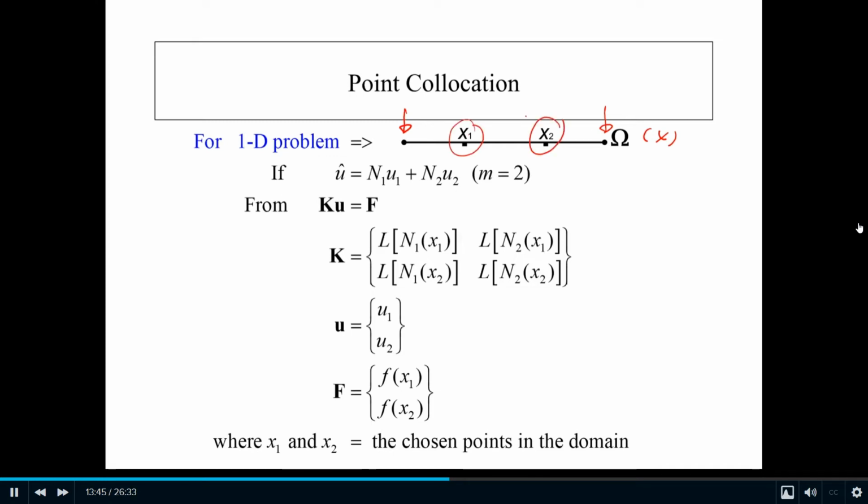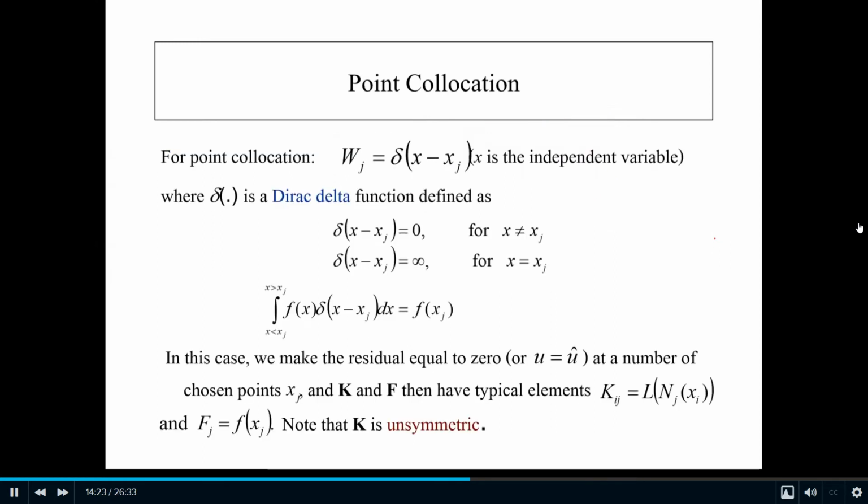In this case, you approximate the solution to look like this one, N1, N2. Okay, N1, N2 can be any function. And u1, u2 are the unknowns here that you want to solve. And your weight function w1 would be delta of x minus x1, right? And w2 would be the delta function of x minus x2 here. Okay. And after you perform integration like this,